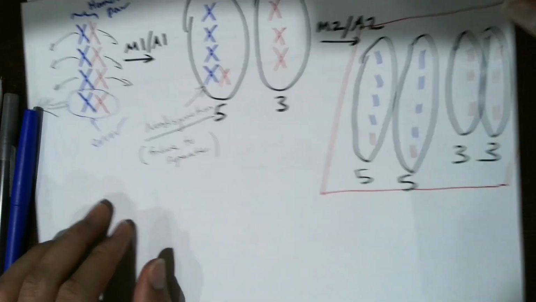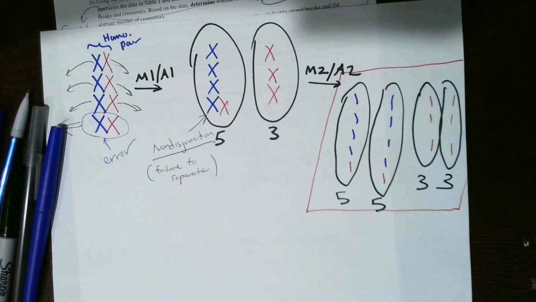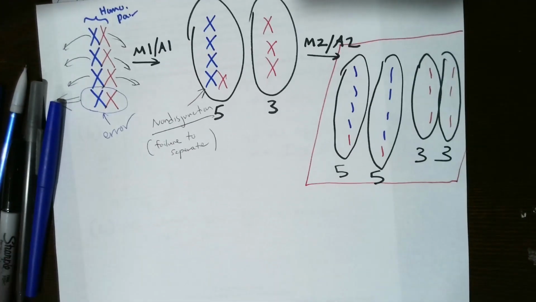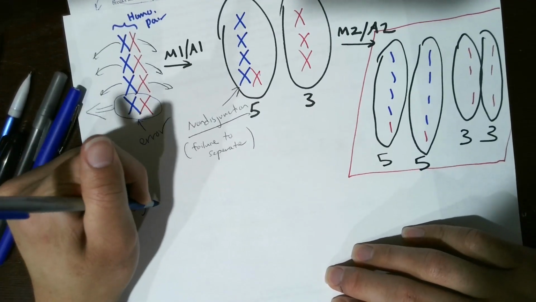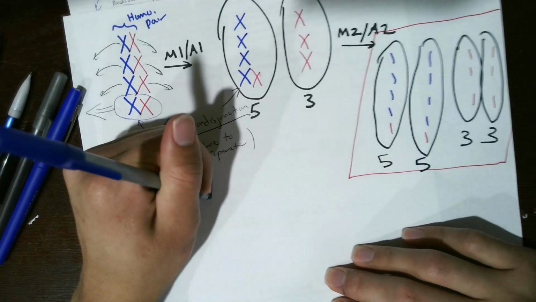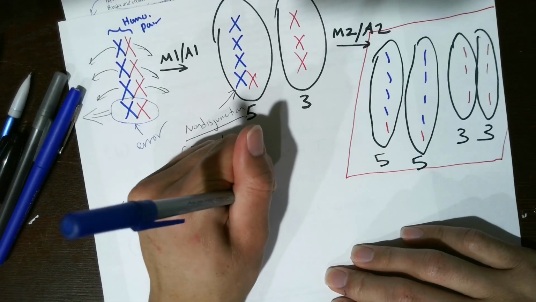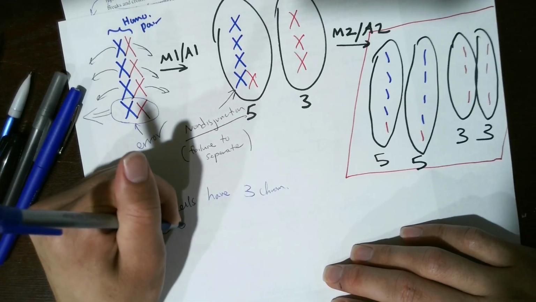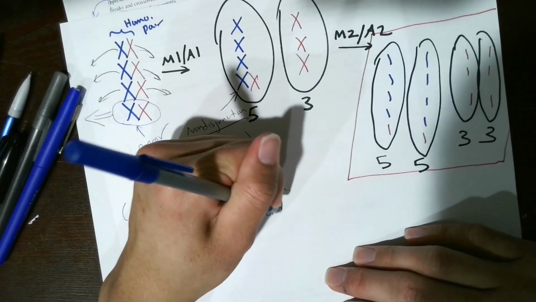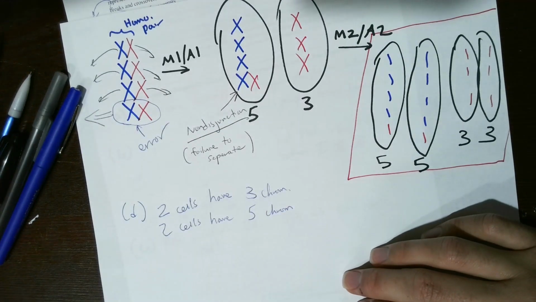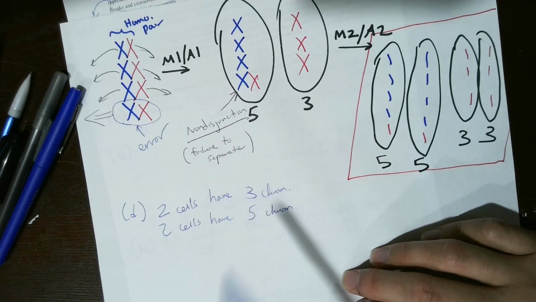So for part D, let's say we were going to answer it on the exam. I'm going to write my answer for D. We're going to say 2 cells have 3 chromosomes, and the other 2 cells, because we produce 4 cells, have 5 chromosomes. Alright? And the reason being is because